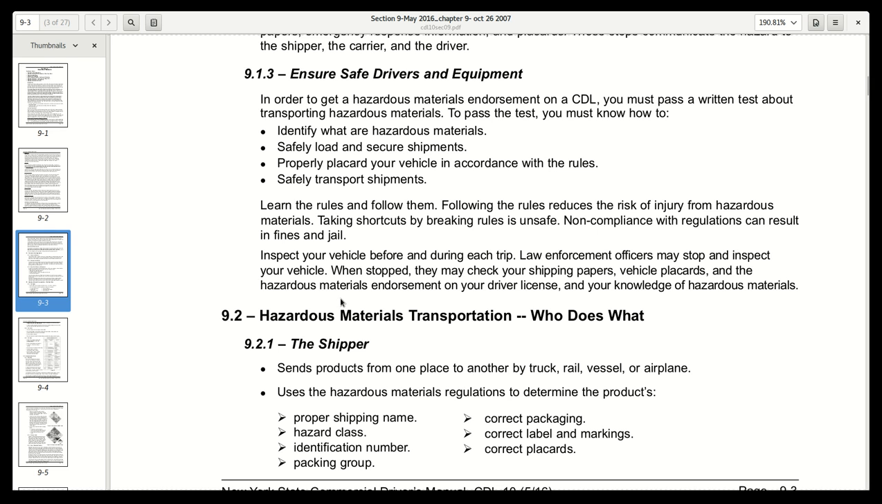So let me go back again. Inspect your vehicle before and during each trip. Law enforcement officers may stop and inspect your vehicle. When stopped, they may check your shipping papers, vehicle placards, and the hazardous materials endorsement on your driver's license, and your knowledge of hazardous materials. Okay, so the inspection list. Have your paperwork. Be placarded the right way. Make sure your license is up to date with your hazardous materials endorsement, and try and keep